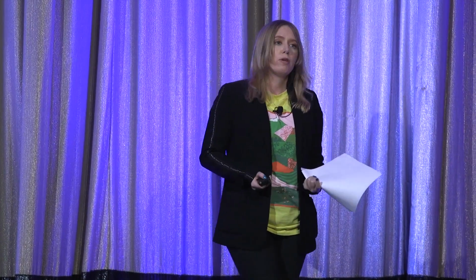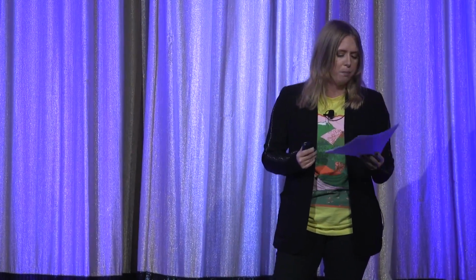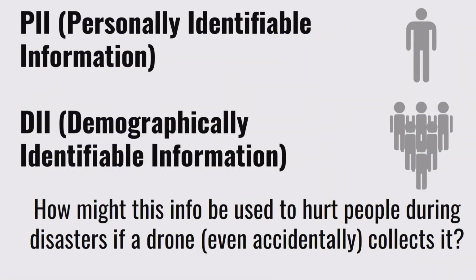And if we don't understand how those risks might change for people affected by disaster or war or genocide, we don't have a good product for humanitarian aid workers. Or we don't have a good product for anybody, but especially for humanitarian aid workers. So here's some frameworks or ways to think about this privacy data security problem, or the frameworks I work with. So one, we talk a lot about PII, personally identifiable information. This can be a legal definition, but in the context I'm talking about, it refers to any kind of information pertaining to a human being, a single individual. So you, me, whoever, stuff like our face, our license plate, maybe even our daily travel patterns, that kind of